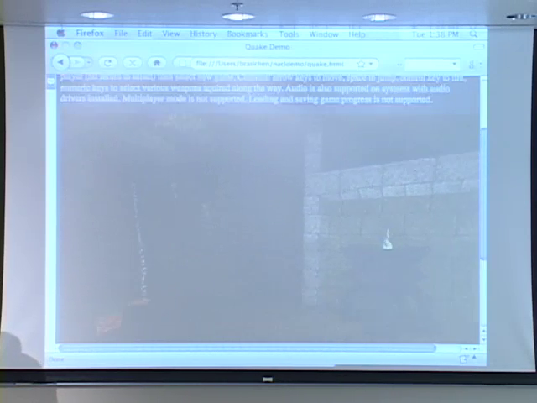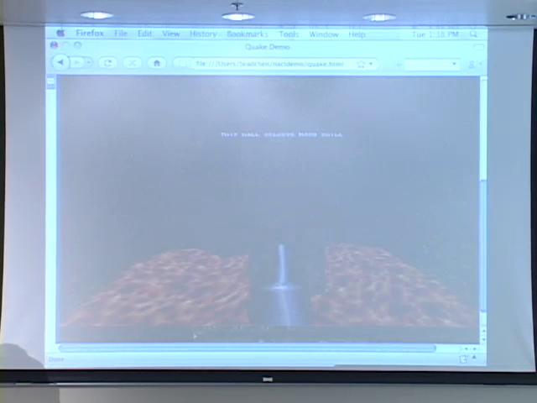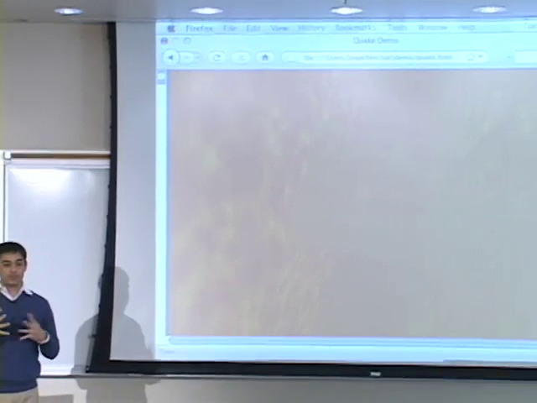We can interact with it. You know, you can run around. I'm not a very good Quake player. I usually just run straight into the lava pit. And, oops, where am I? There we go. There's the lava pit. Woo! Okay. So the key thing to understand about that is it's actually performing at pretty close to what you'd